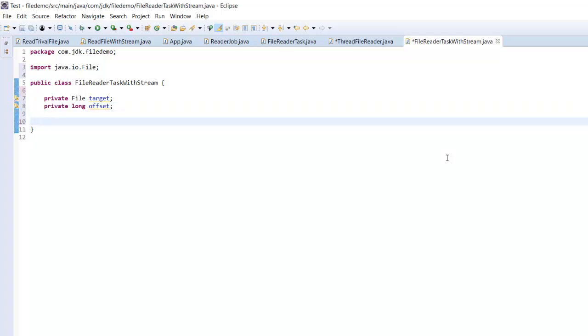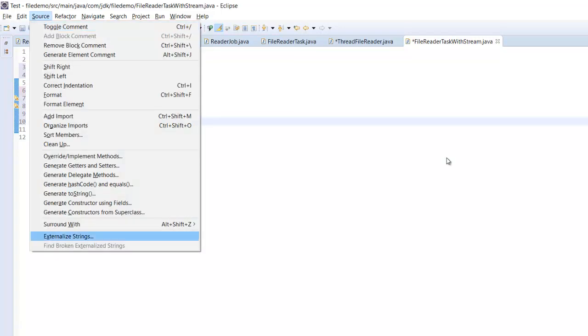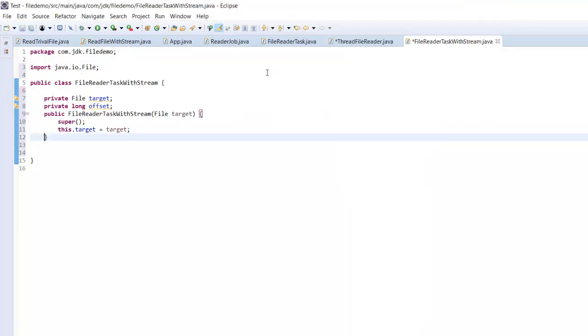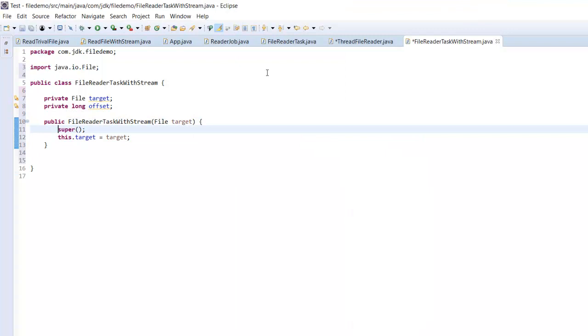And I will require to create this, and I don't want the offset, I just want this. So this is done. Target created, and here we can also do a null check, whatever target is provided,